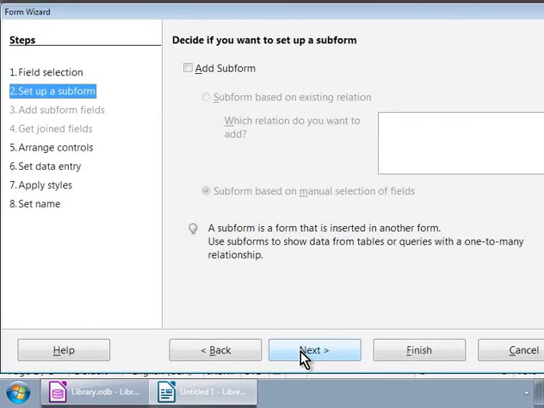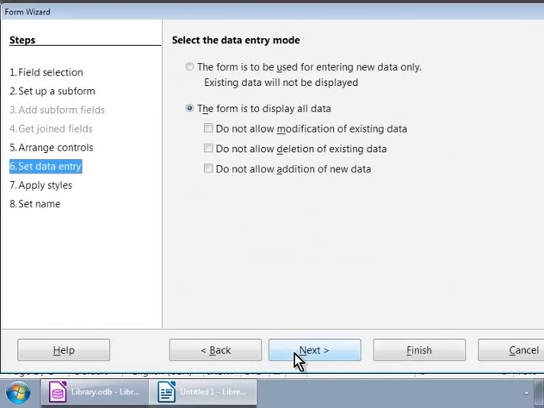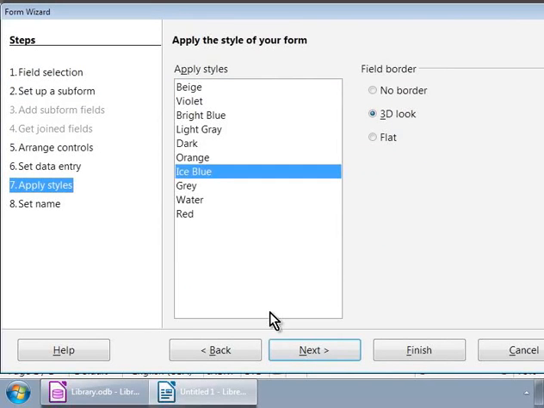This is step 2, but we will skip this step for now and click on the Next button at the bottom. We are in step 5 now. Let us choose the first arrangement, columnar Labels Left, and click on the Next button. Let us skip step 6 also by clicking on the Next button. Step 7. Let us choose Ice Blue and click on the Next button.